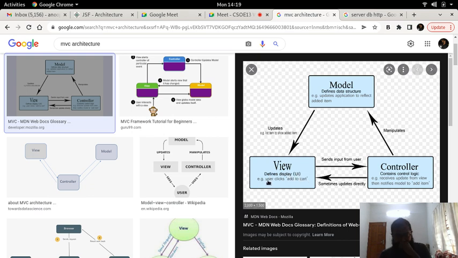For example, the user clicks add to cart, and the view takes care of that. But the logic that will run the add to cart functionality will be given to the controller, because the UI is just going to take care of how it will look and feel.